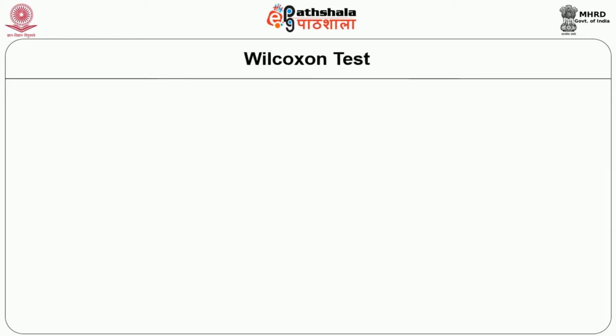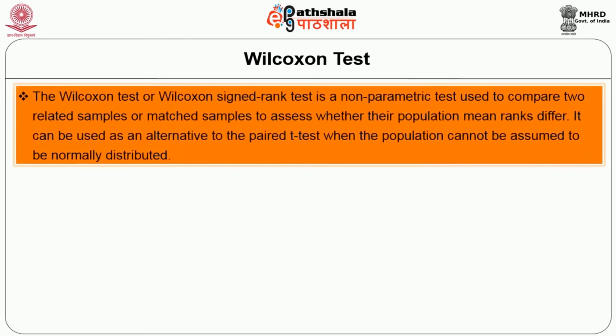Next, let us move on to Wilcoxon test. The Wilcoxon test or Wilcoxon signed rank test is a non-parametric test used to compare two related samples or matched samples to assess whether their population mean ranks differ. It can be used as an alternative to the paired t-test when the population cannot be assumed to be normally